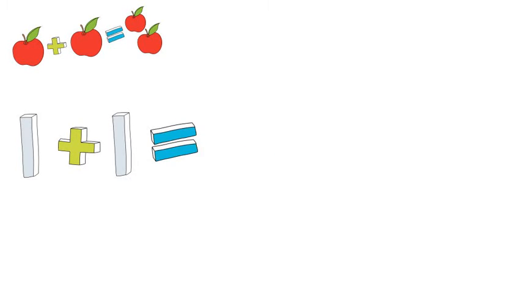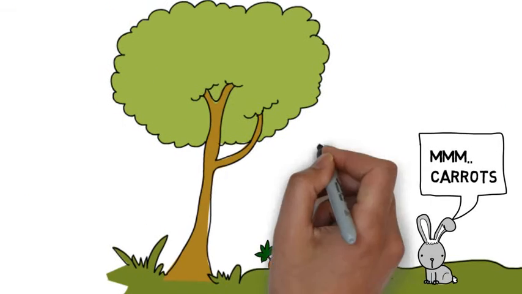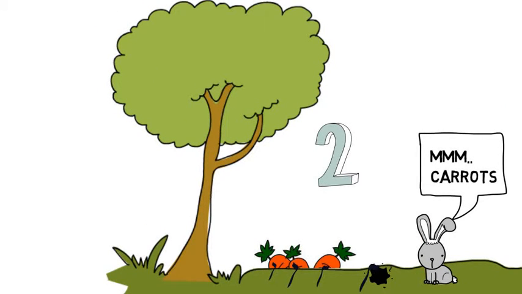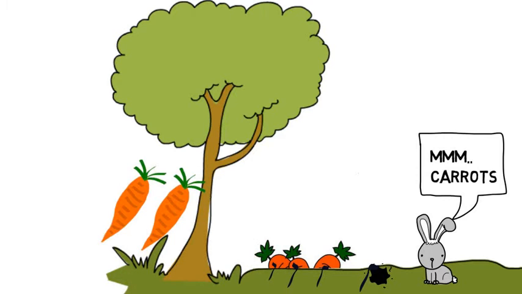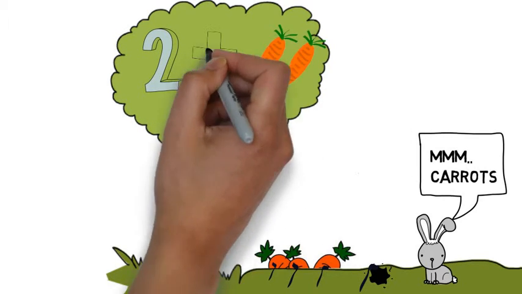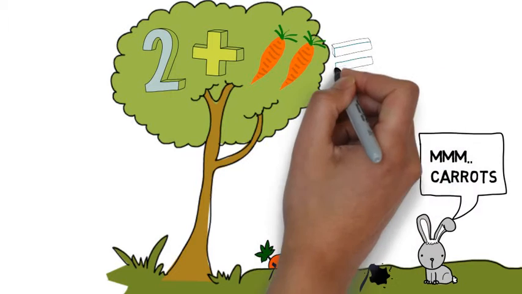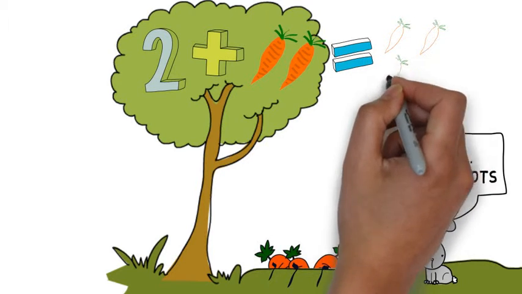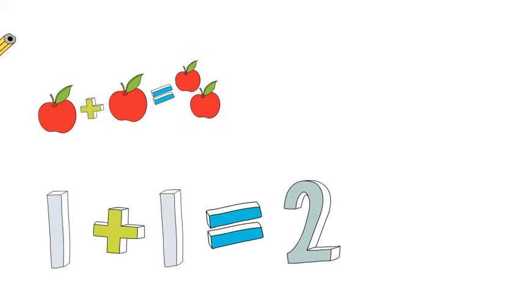1 plus 1 equals 2, for example. There is no such thing as 2 in nature. There is just a carrot and another carrot. But because they both exist, we can group them and call it 2. And if we have another instance of that, we would have a carrot, another, and another.